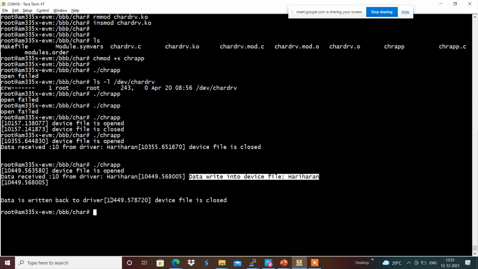This basically provides simple open, release, read and write system calls from the user space application to the device drivers accordingly over here.